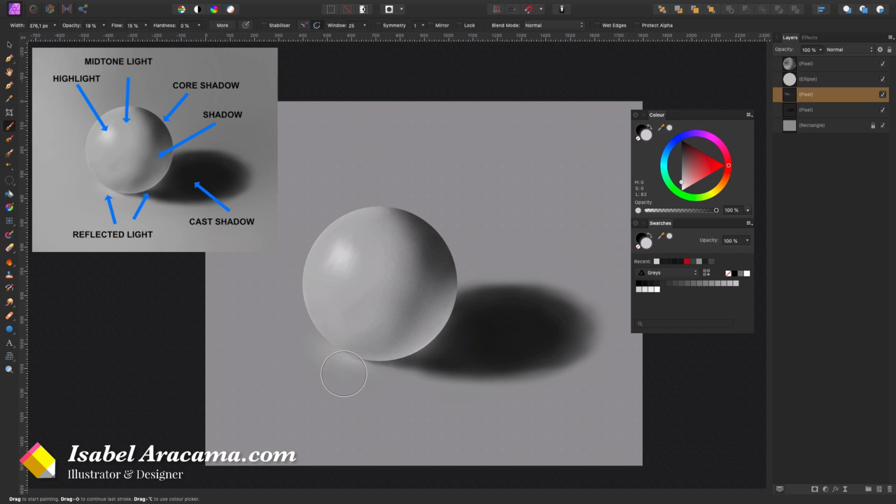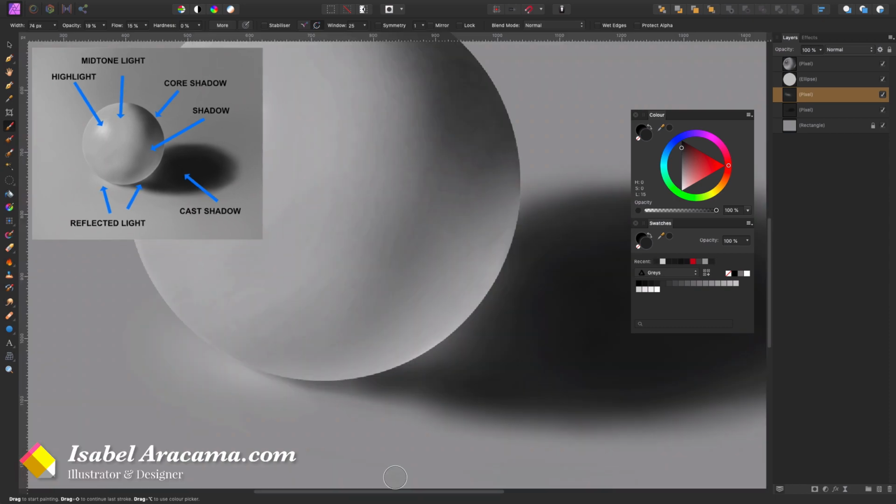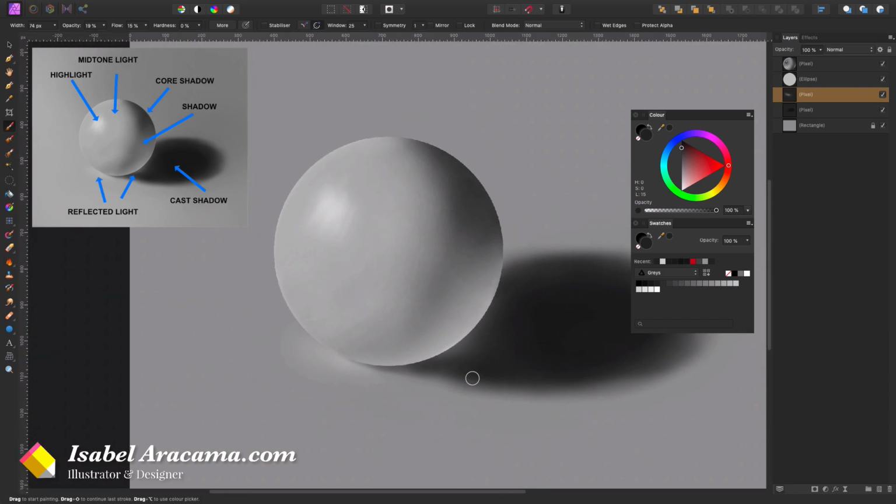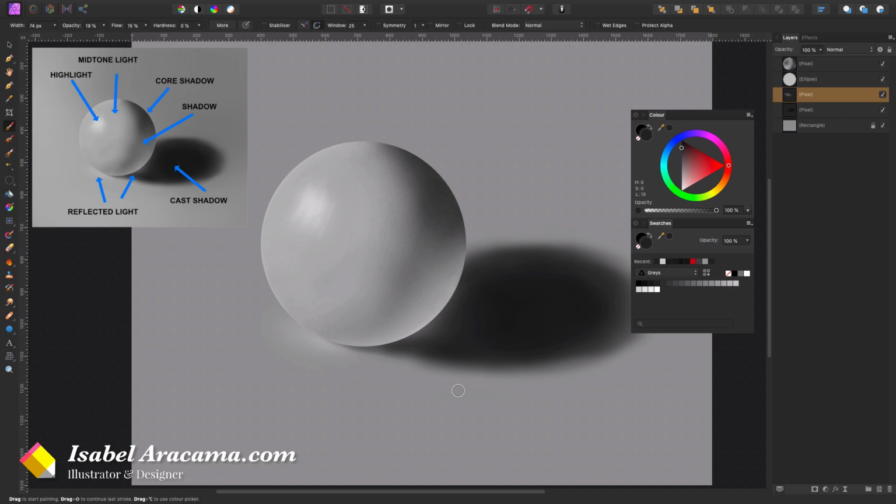Okay, so all these things are very important. I, however, don't feel my ball is completely seated on the ground, so I'm going to have to work a little bit more on the shadow below it. Let's just go with this. And probably because the change between this area here and this area here is maybe too dramatic, that's not looking that good, so I'm going to have to work that.